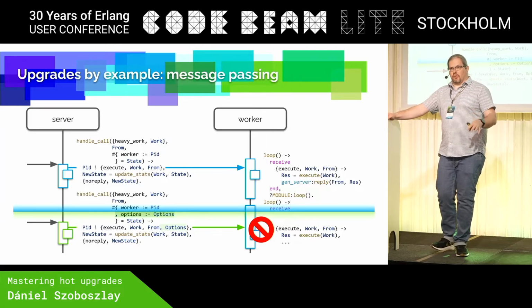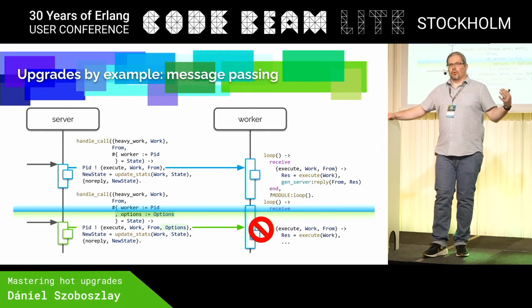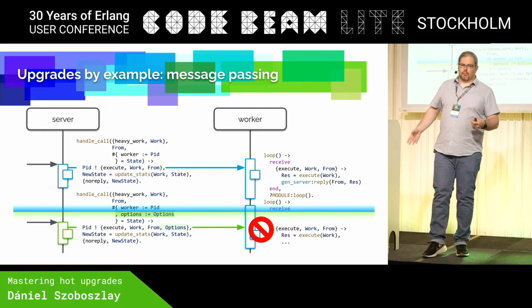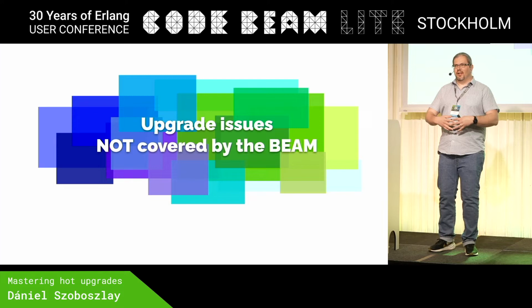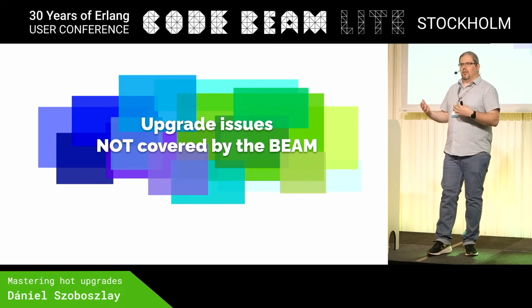So the moral of the story is that, similar to return values, message passing is a way for the new code to introduce incompatible data into the old code, which we have seen is the bigger problem than the other way around. And this example led us to my next chapter of the talk, the things where the Beam no longer covers